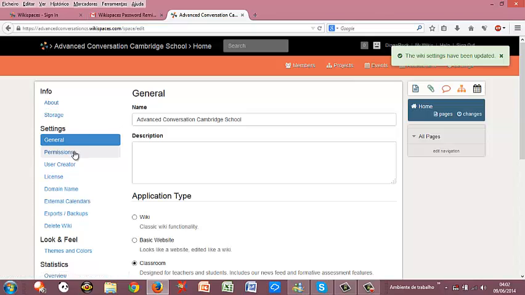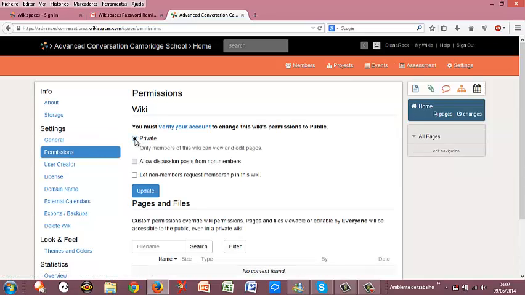As it says, we go to permissions. You can make it private, where only members of this wiki can view and edit pages, or you can let non-members request membership in this wiki. In our case, we're going to keep it private, so only people whom I invite will be able to come, ask for access, and visit and edit the pages. After that, we're going to